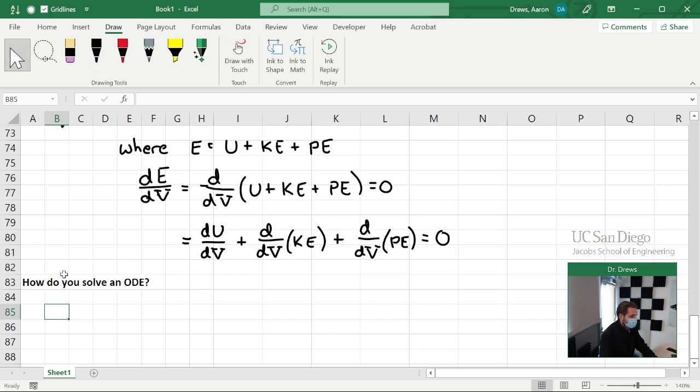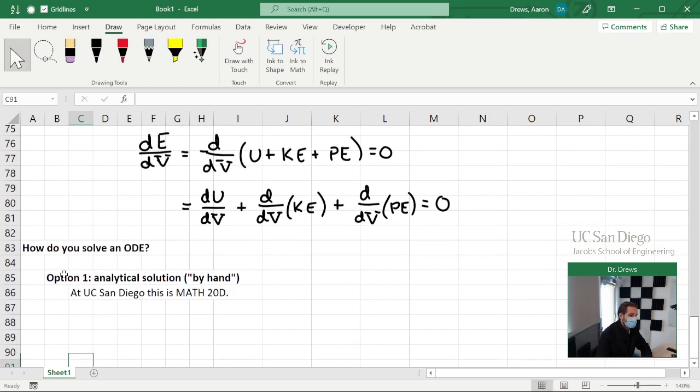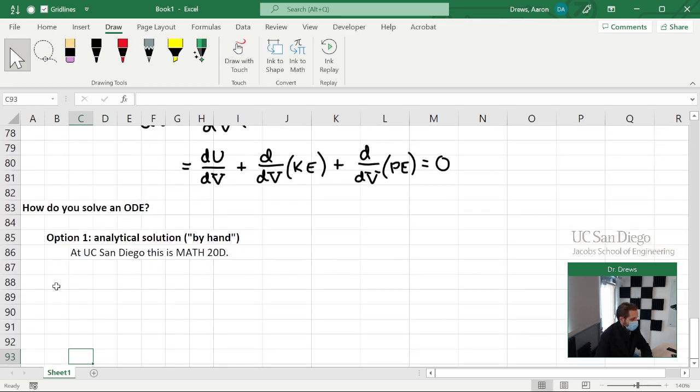There are two different ways that you can solve these things. Option one is to do what's called an analytical solution. This is equivalent to solving it by hand. And at least at UCSD, this is Math 20D. So 20D teaches you some of the ways that we can solve these things by hand. And I'm going to use a word here that I don't like to use too often, but it's only relative to other things. The easiest class of ODEs to solve